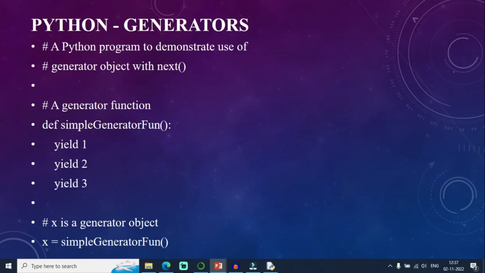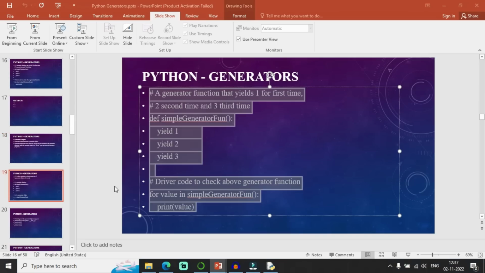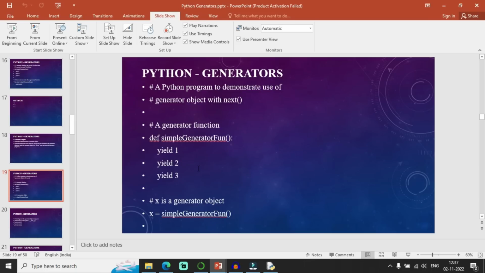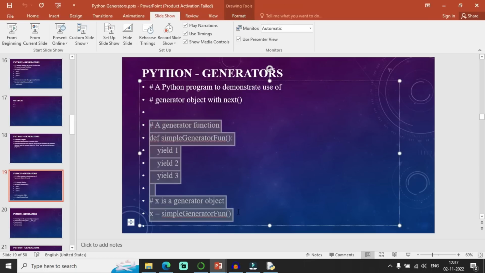Clear with this? I want to record, so I can just put it in a generator. It is going to yield some values with the help of the next function. That is the main difference between an iterator and a generator. This is one more example of a generator. I will show you a simple example of what I am trying to do here.